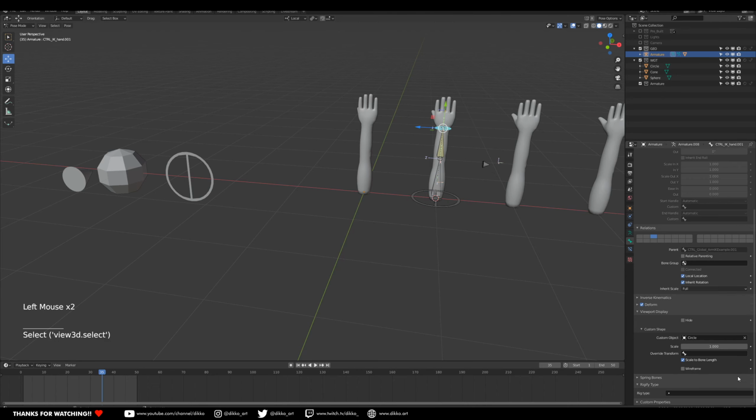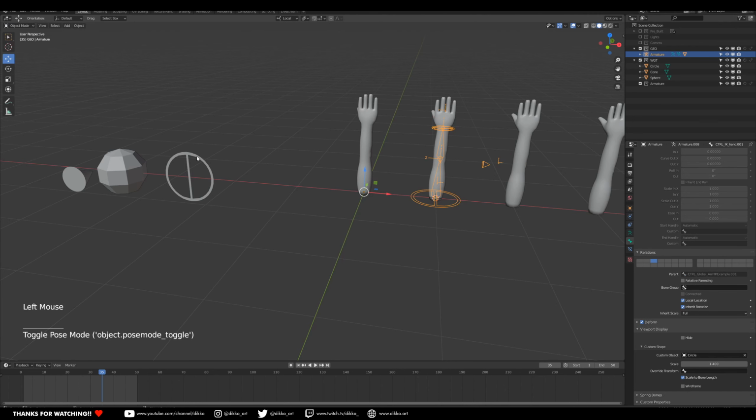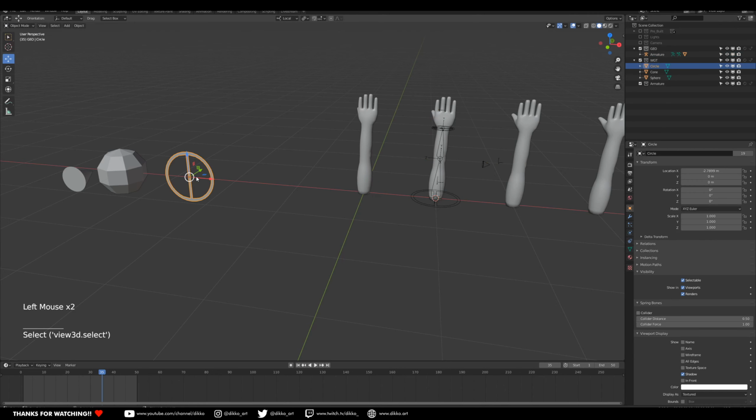Like so. There we go. So now we have some nice controls to control everything. That's all good. The pole vector is working well. So you might be wondering, if you're doing this for the first time and your control shapes aren't matching up